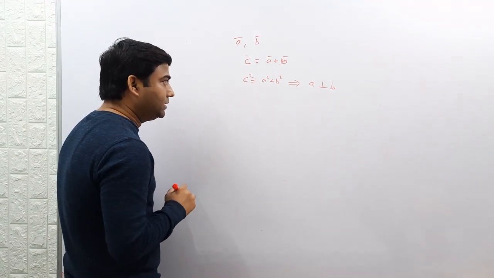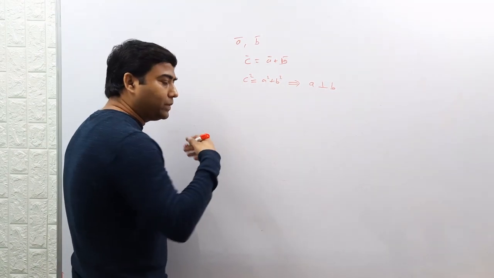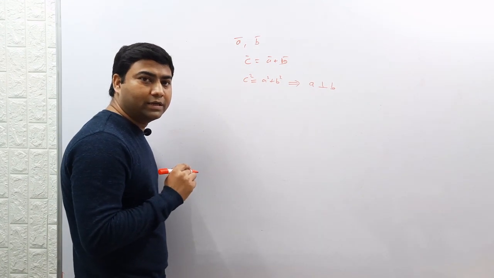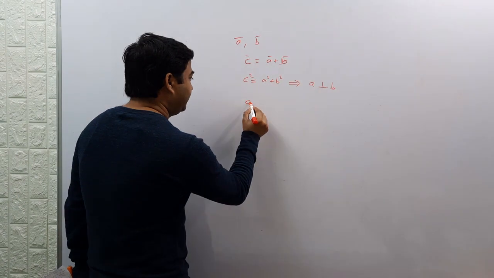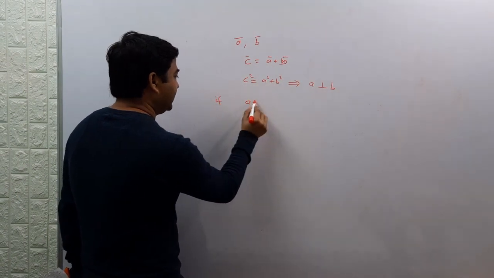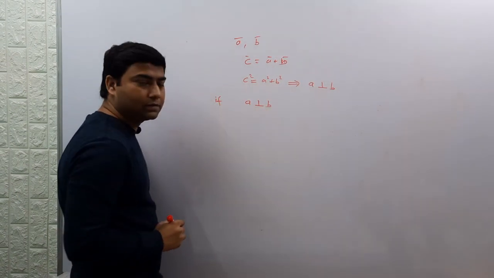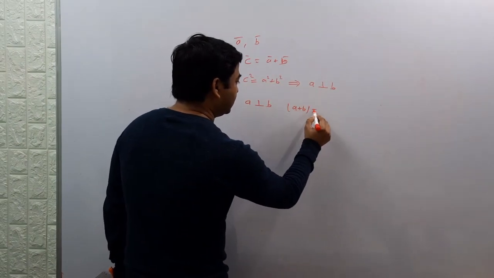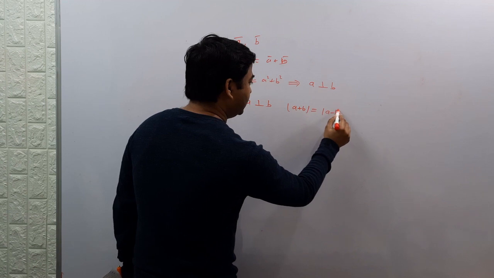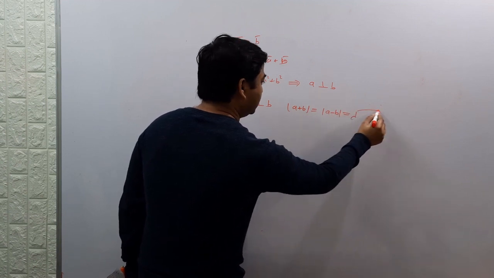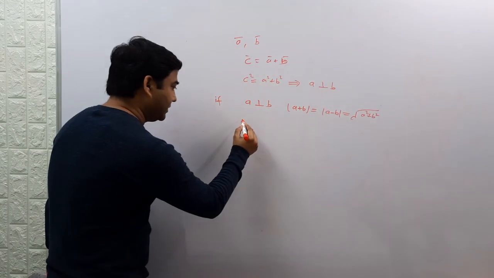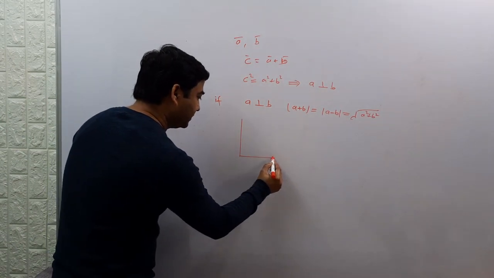And the second important thing, for perpendicular vectors only: if A and B are perpendicular vectors, then mod of A plus B is equal to mod of A minus B, is equal to under root A square plus B square. Then you can see here, these are two perpendicular vectors,